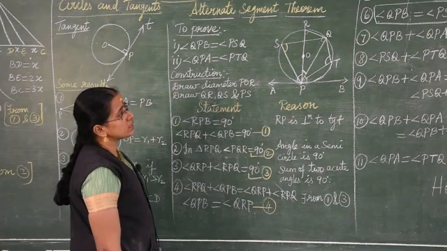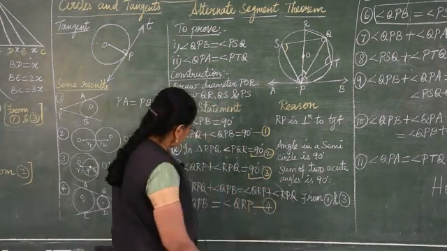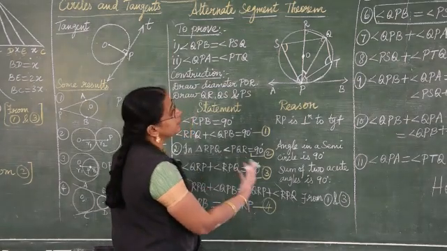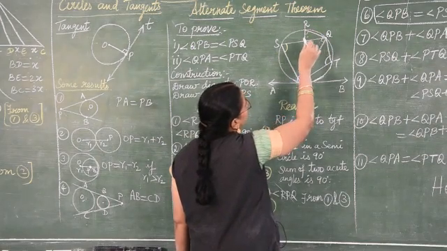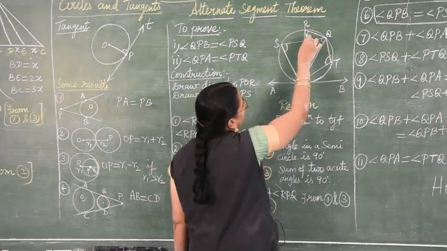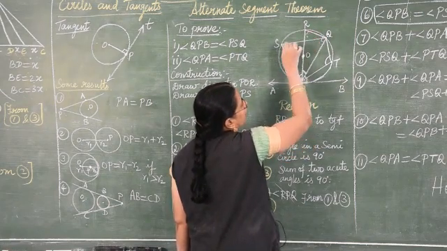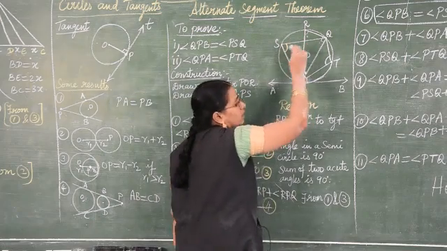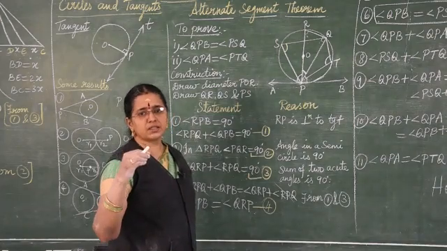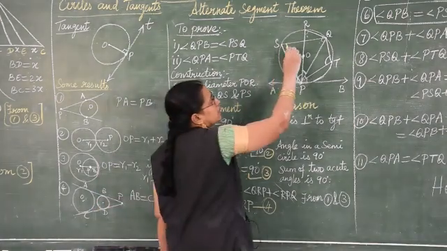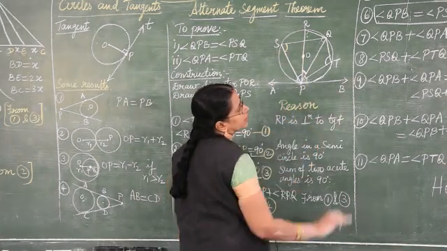The next one is angles in the same segment. Equation 4, let it be like this. Next, angle QRP equal to angle PSQ. Angles in the same segment are equal. Even in practical geometry you have learned, whenever you are constructing the triangle, the angles in the same segment are equal. So these two angles are equal.